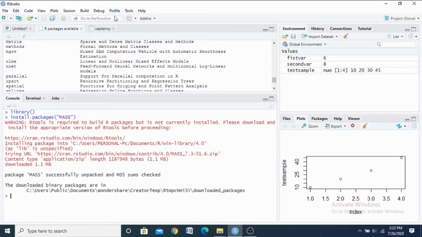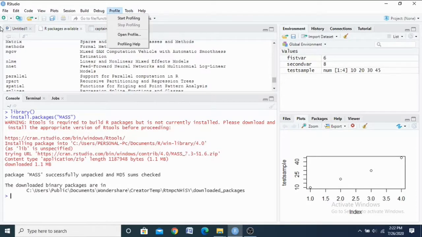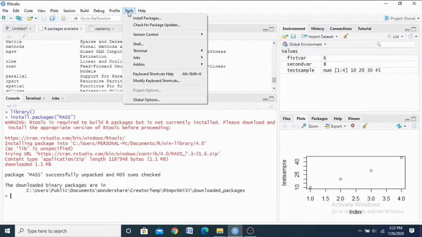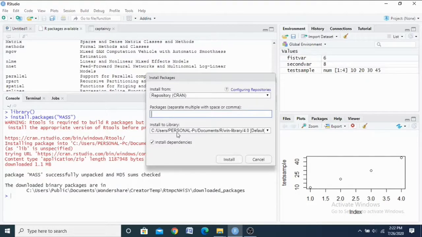What is the other way? Okay, go to the Tools menu. In the menu bar, there will be a submenu, the Tools menu. Here there will be Install Packages, the first option. There you type your package name. For example, here what package do we have to use?